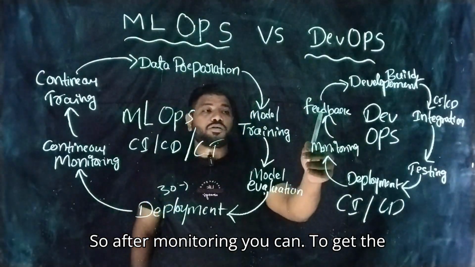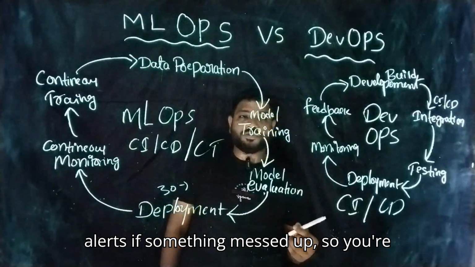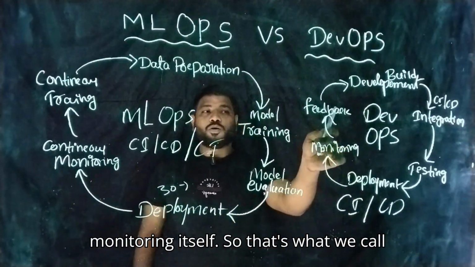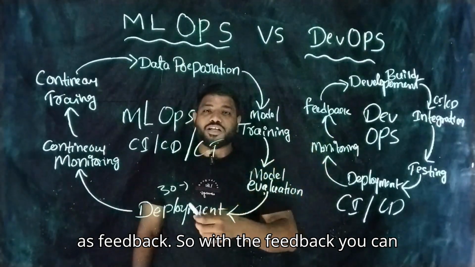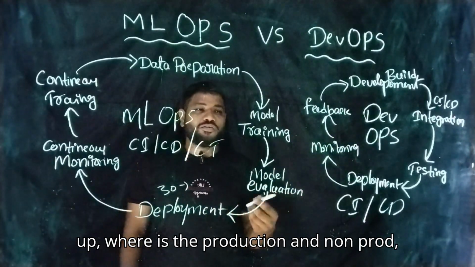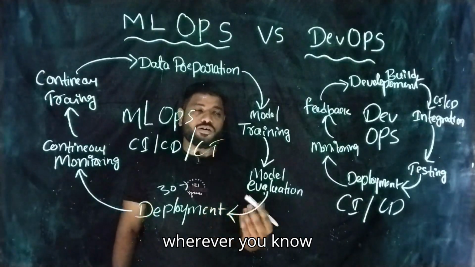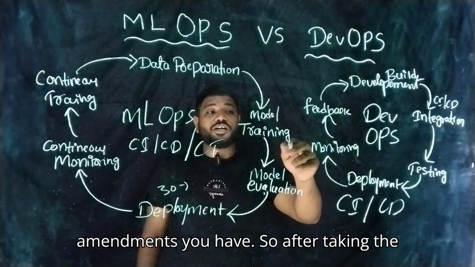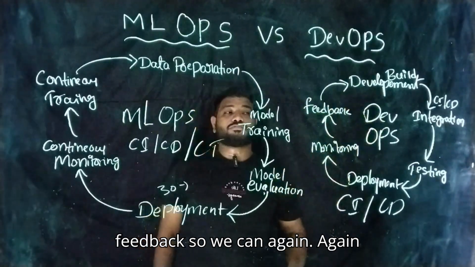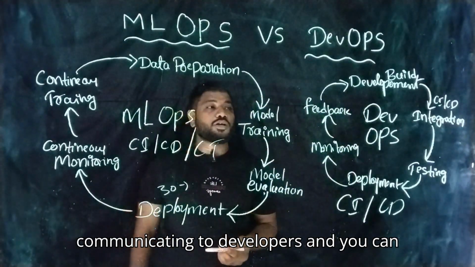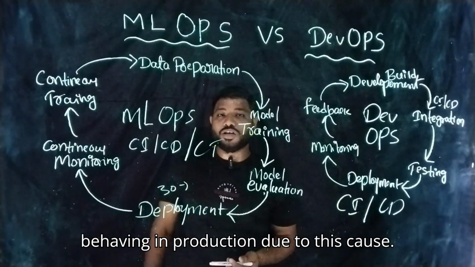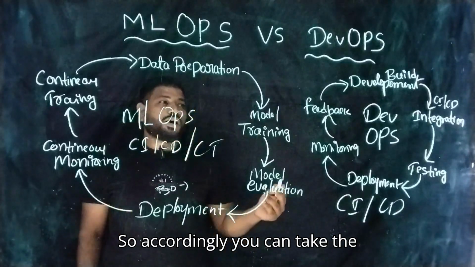After monitoring, you can trigger alerts if something goes wrong, so you're going to get alerts from the monitoring itself. That's what we call feedback. With the feedback, you can see where things went wrong, whether it's production or non-prod, and wherever amendments are needed. After taking the feedback, you can communicate to the developers and say, hey, we have found some bugs, and this application is not behaving in production due to this cause. Accordingly, you can take it into